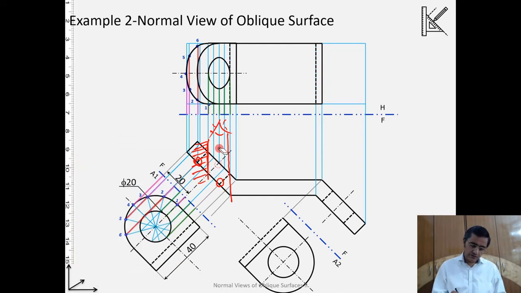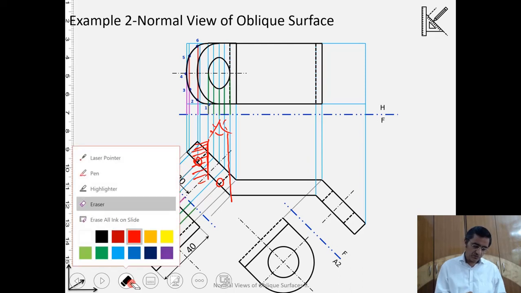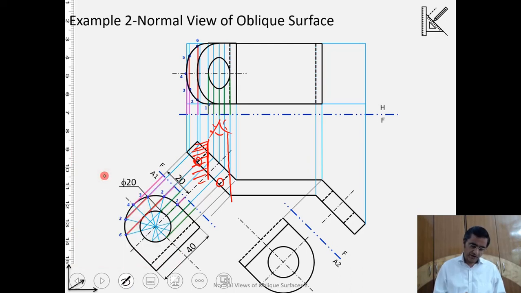So if I do it again, anything on this side is visible, while beyond this line here will be hidden. We have to take care of this point once we are drawing it on the horizontal.